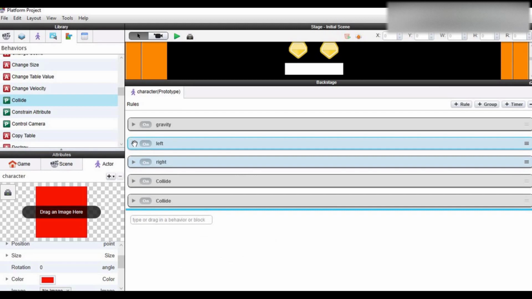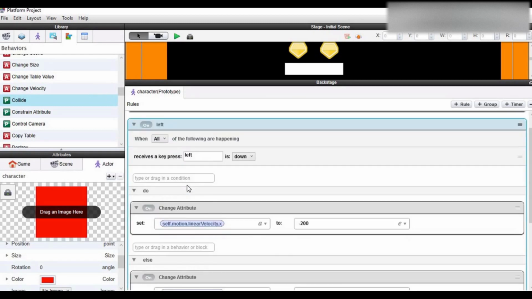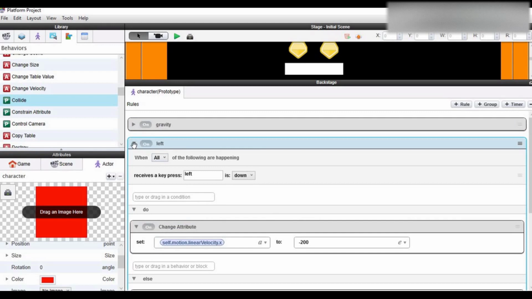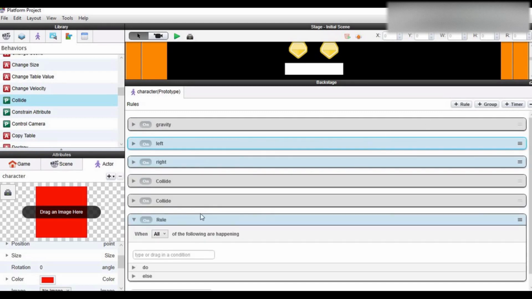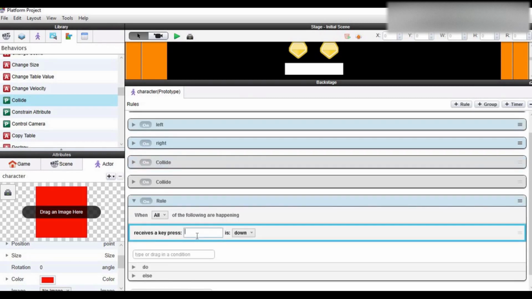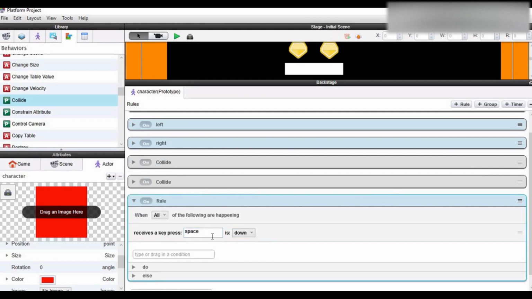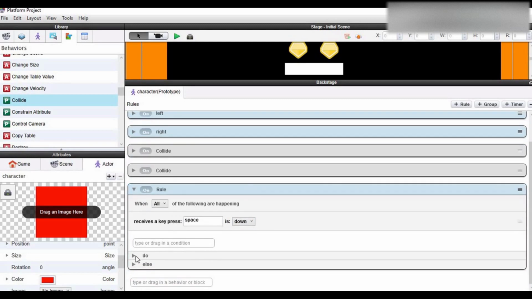But instead of moving along the x-axis, you have to move along the y-axis. Very straightforward. I add a new rule. I use the key condition again, and I'll use the space bar on my keyboard. So when my space bar is pressed down,